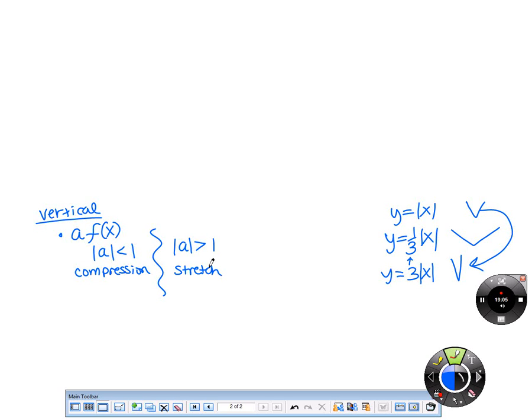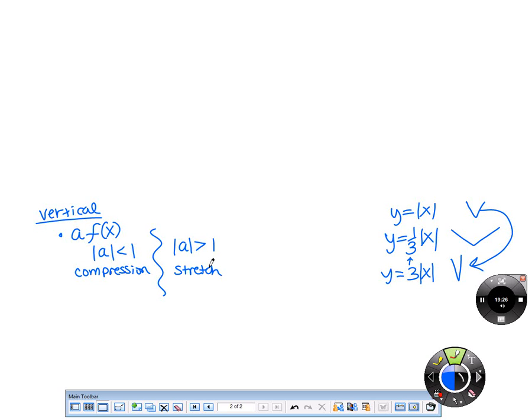changes are kind of opposite of what I think. It says plus 3, I'm going to go to the left 3. It says times 1/2, I'm actually thinking times 2, which makes me think stretch and not compression. Okay, so I'm thinking reciprocal of the multiplying stuff and opposite of the adding and subtracting stuff when it's on the inside. When it's on the outside, kind of like K, if it said plus 3 after the absolute value,